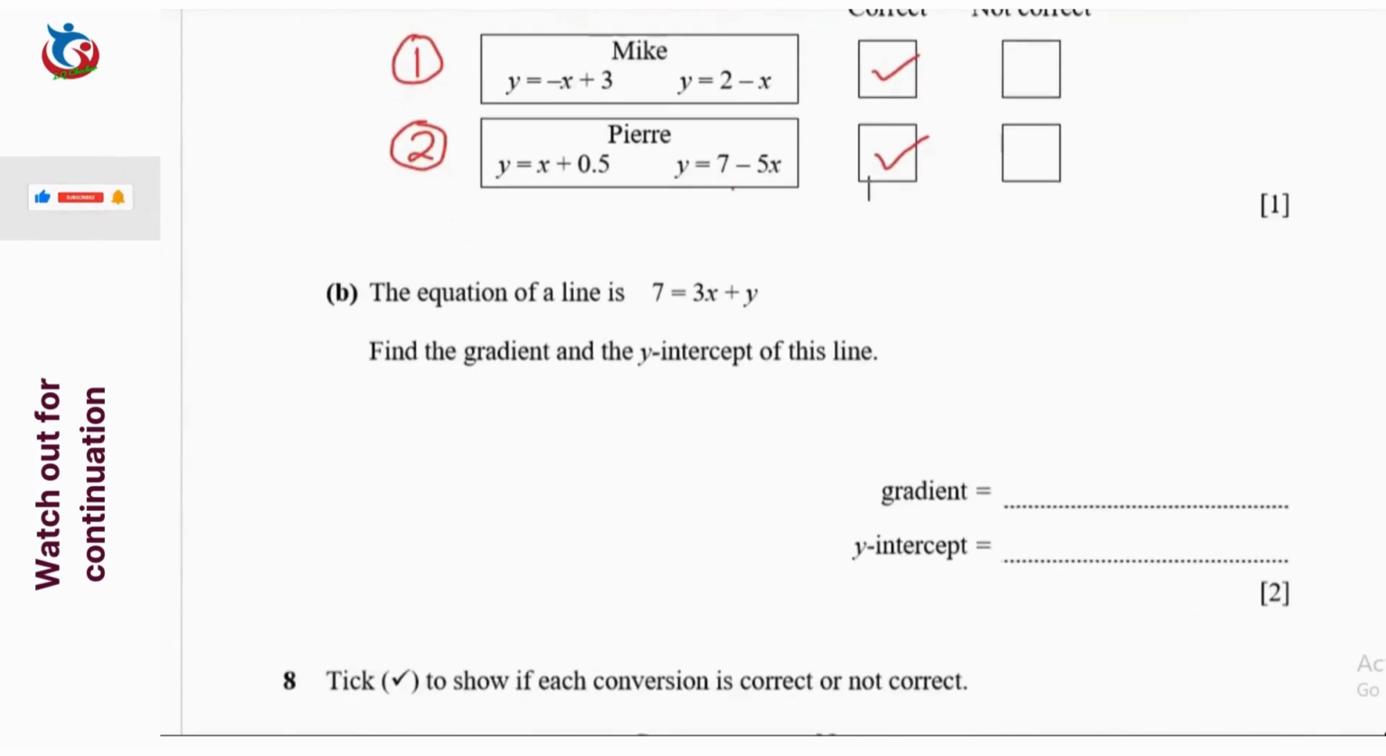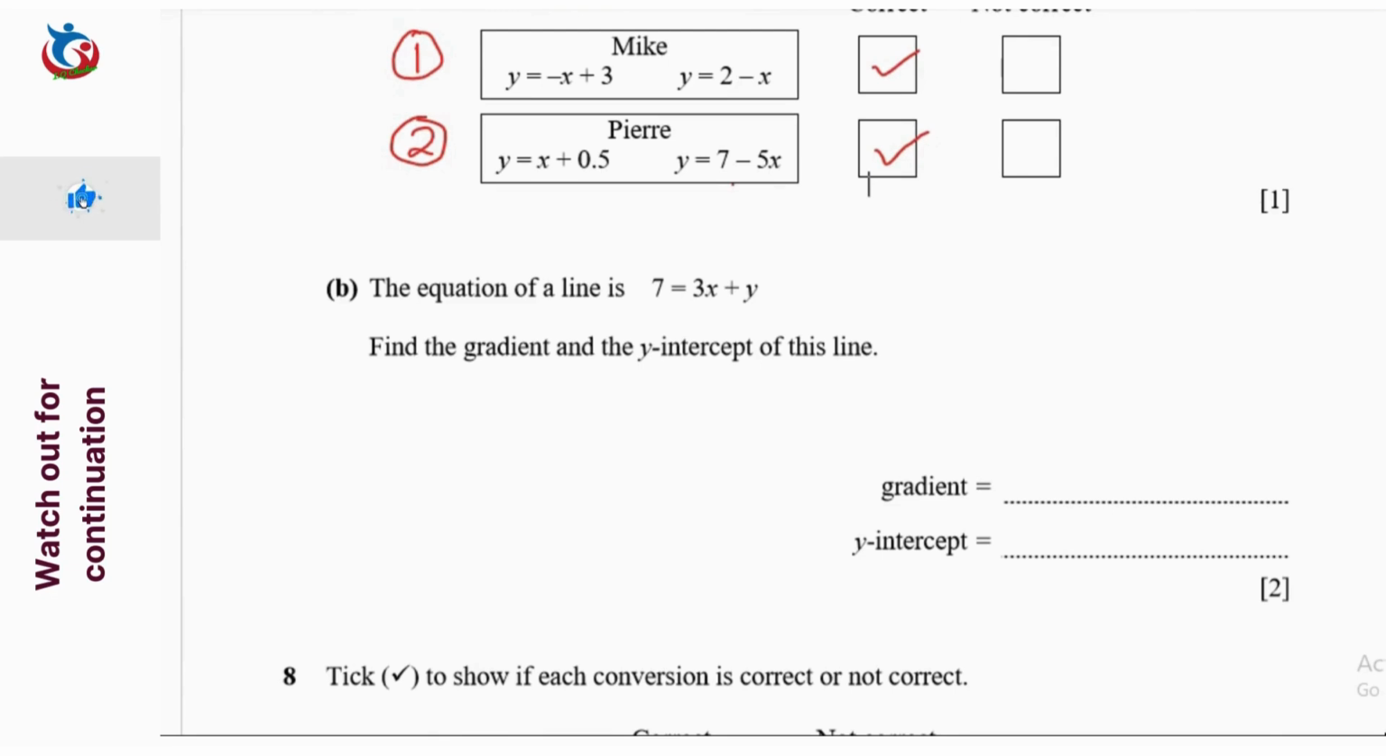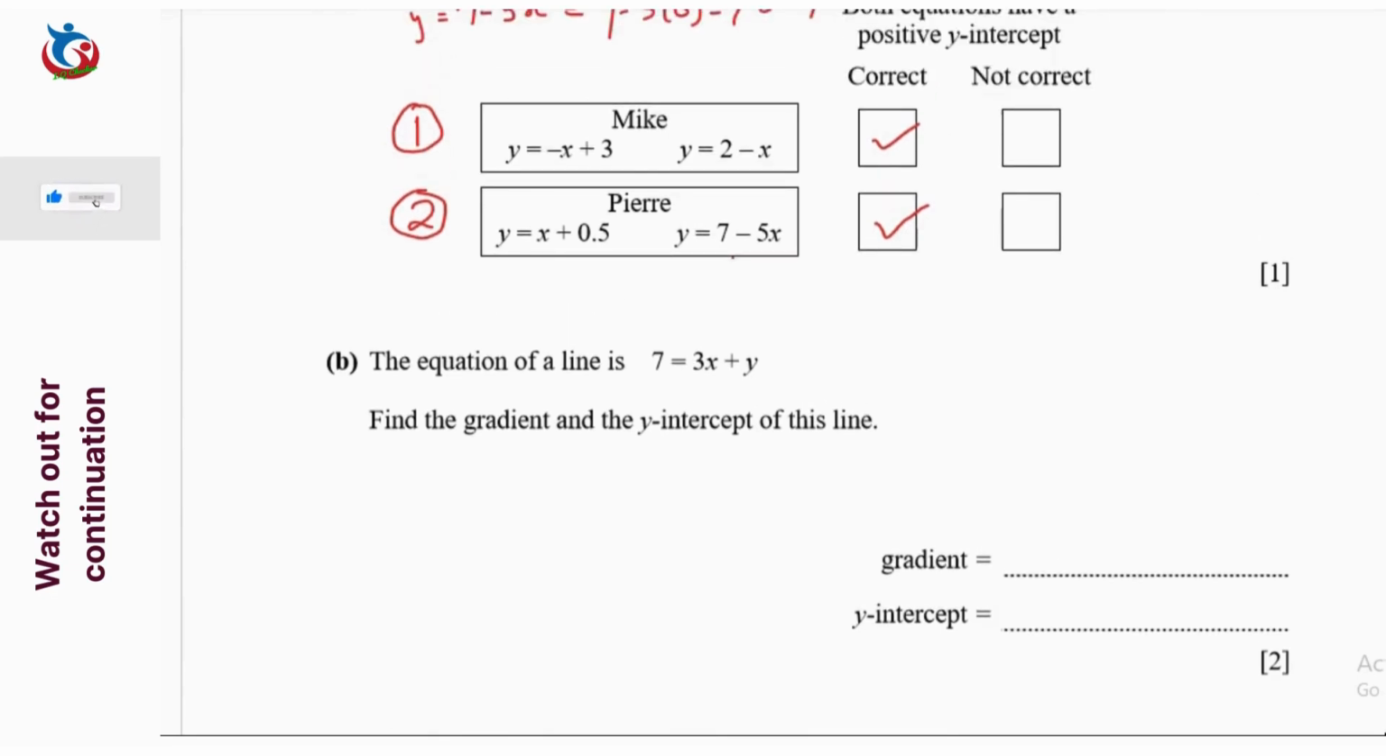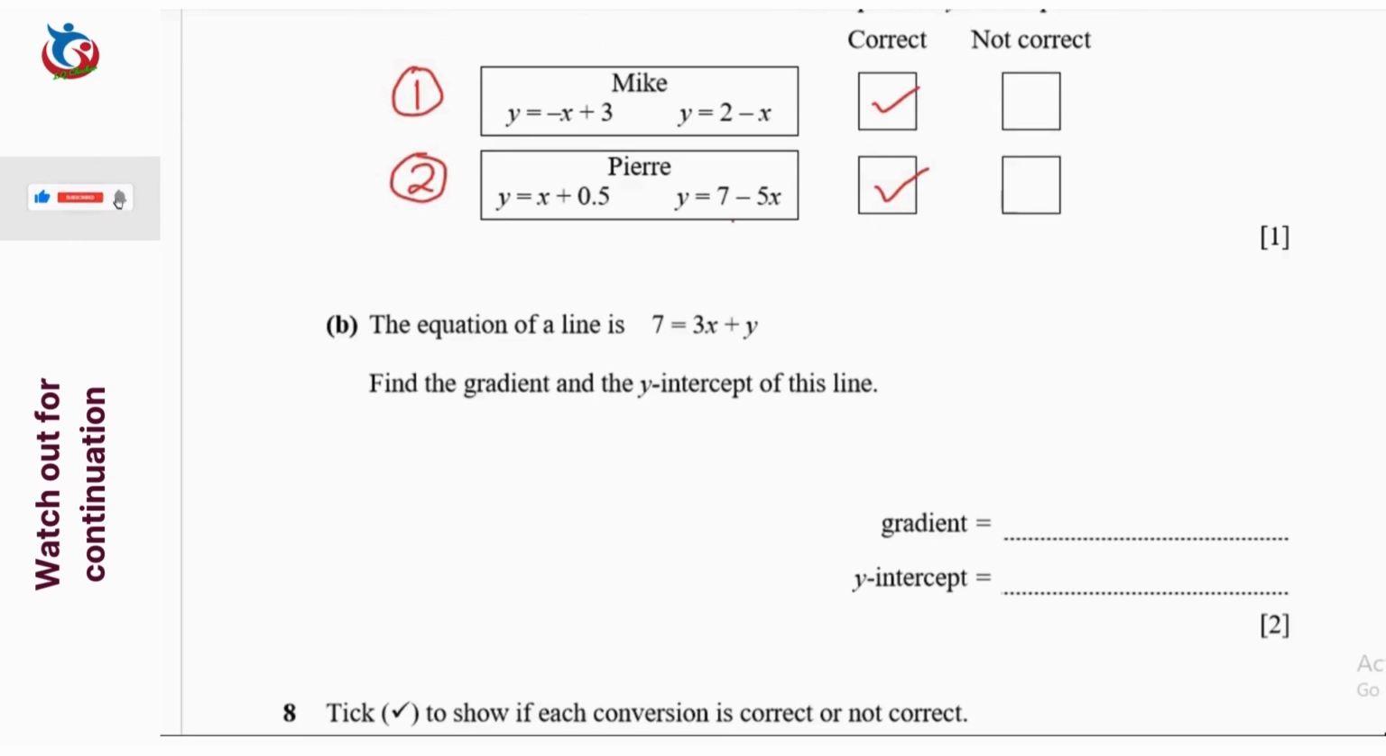Part B of question 7 now says, the equation of a line is given as 7 equals 3x plus y. Find the gradient and the y-intercept of this line. For you to be able to solve this, you need to rearrange the equation to meet the linear equation that says y